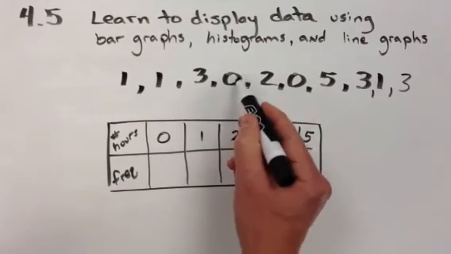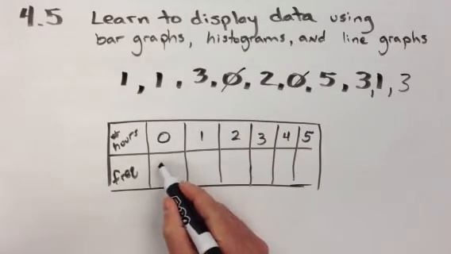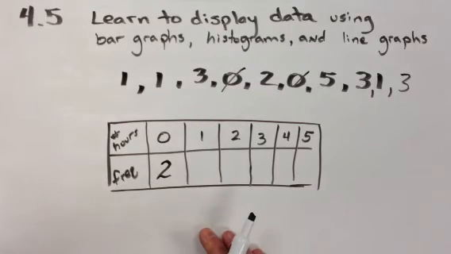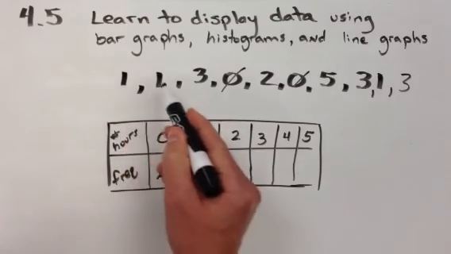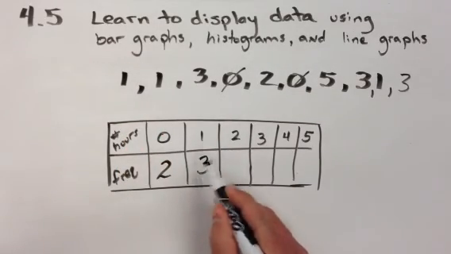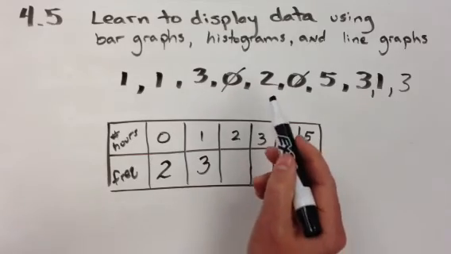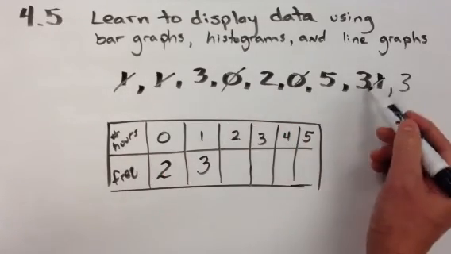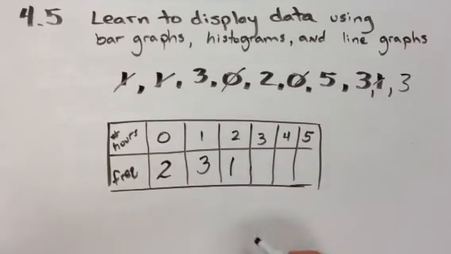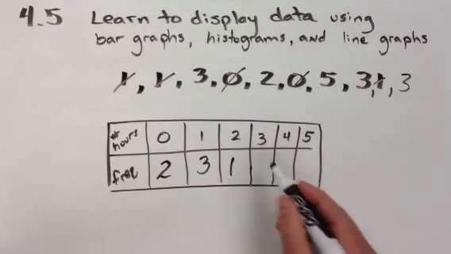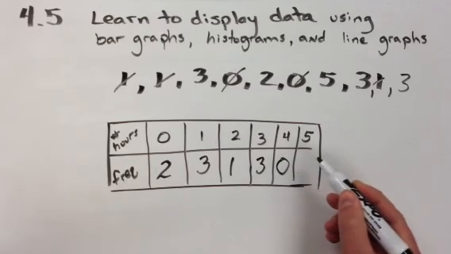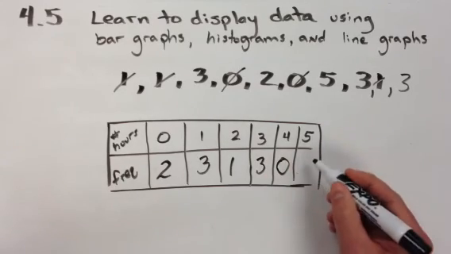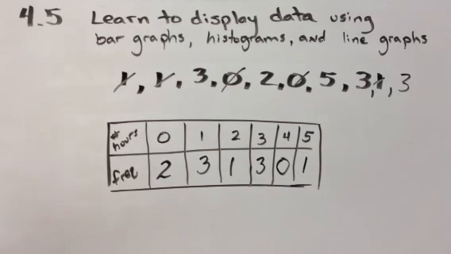So 0 occurs, there's 2 times right there, so I'm going to write that we see it appear twice. How many times do you see the number 1 hour appear? There's 1, 2, 3 times for that. How many times do you see the number 2? There's a 2 right there, so that appears once. 3 appears 3 times. 4 hours appears 0 times. And 5 hours appears once. Okay, from this,